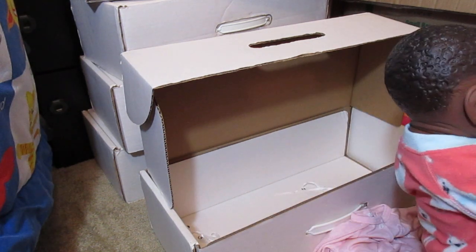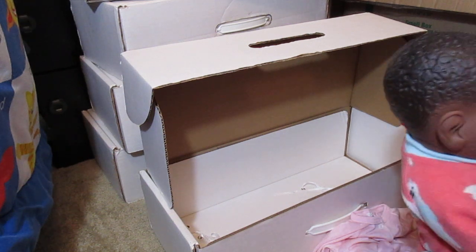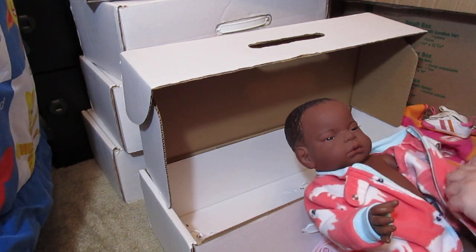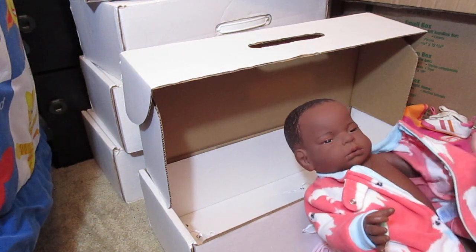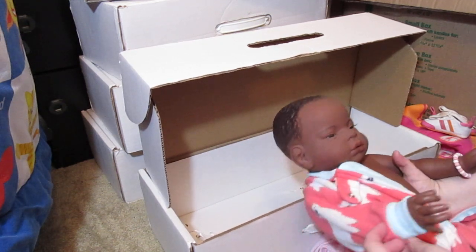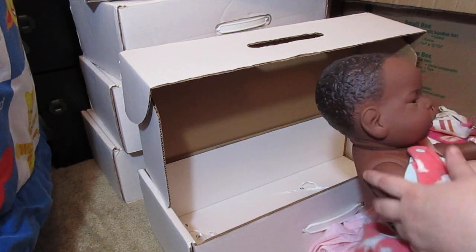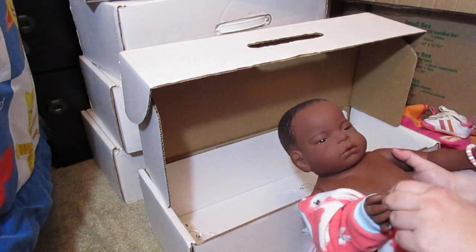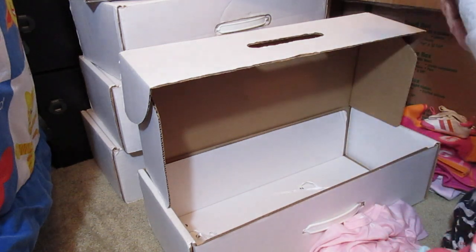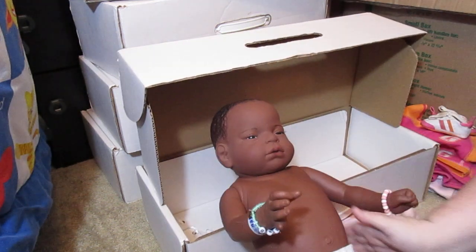But so Ireland I bought on the secondary market. I don't honestly remember where I got her from. But she did come with... Oh, I got her off eBay. That's where I got her. Part of it was I really wanted a dark African baby so I could use this hand. And I needed her for it. So when I saw her, I jumped at it and oh my gosh, I just realized her diaper is falling